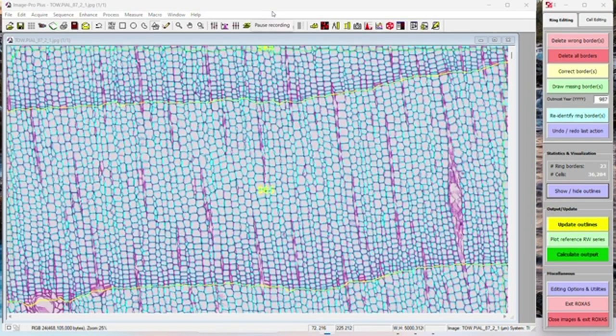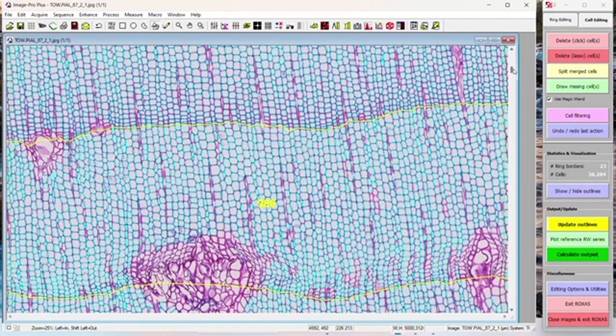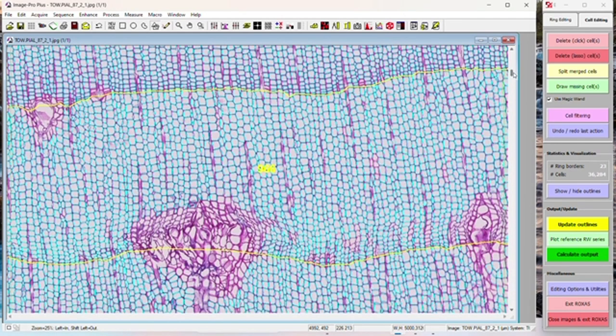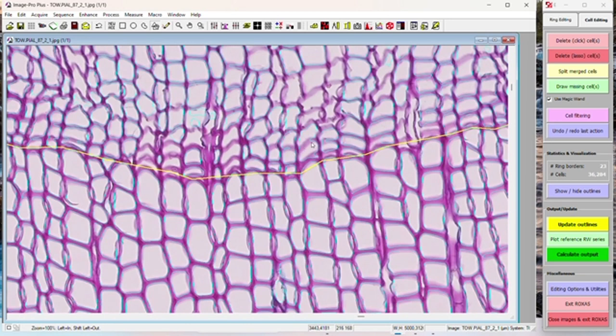So now I'm going to show you how to do a pretty simple task, which is just deleting individual cells. In another part of this video, I show how to split cells, when you have multiple cells clumped into one. Sometimes, and I'm not sure how much, that could affect the cell wall thickness measurements. So sometimes I like to delete them and then go back in and redraw them if I need to. But mostly, that's only with images like this one where they're a little messier and ROXAS can't quite pick up where exactly, because it's a little faded here, so ROXAS thinks this is one big cell. But usually when you're using the delete click cells tool, it's to delete